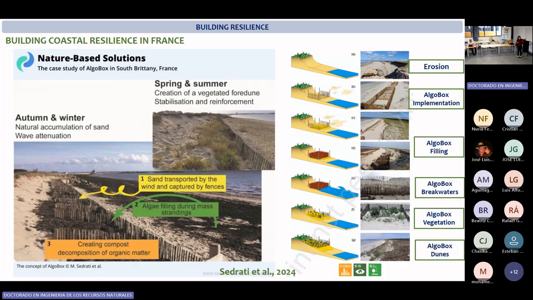Such algae will liberate some enzymes, and the enzymes will help the vegetation to be enhanced and developed. And the vegetation will increase the fixation of sediments. They observed in the beginning a very significant problem of soil humidity, and after 5 years, they really obtained an effective solution, and the retreat was less important than before.